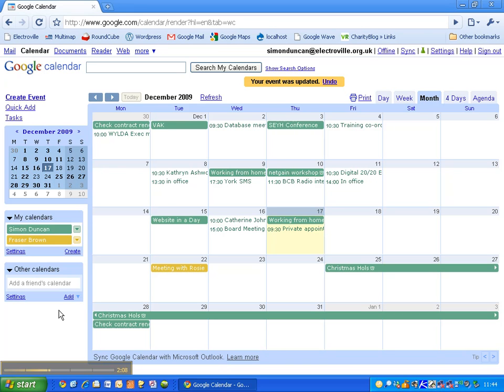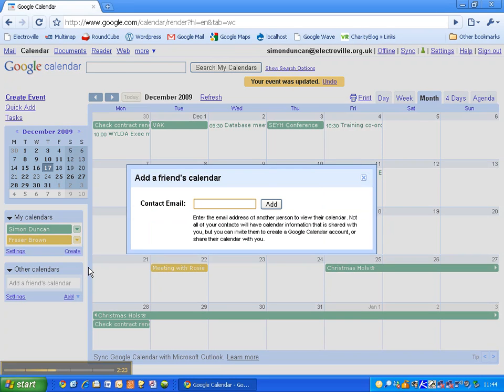Next point is to add in other people's calendars. So let's assume that you're in an office with a number of people, you've each got your own Google Calendar, you can look after yourself, and now you want to import somebody else's calendar. So we're going to add in a friend's calendar. So I've set up a couple of other calendars. And I would click on the add here. That would send out an invitation to them, and they would respond to that via email,